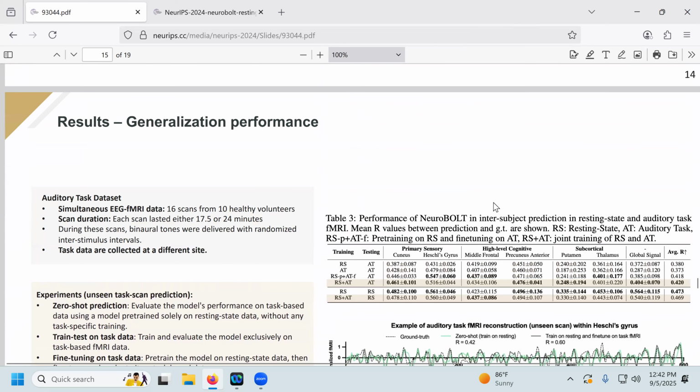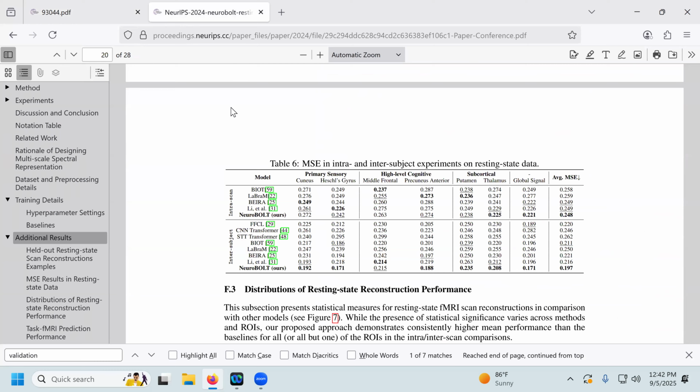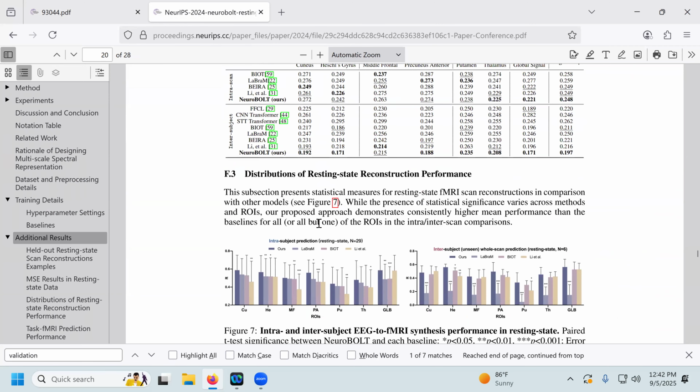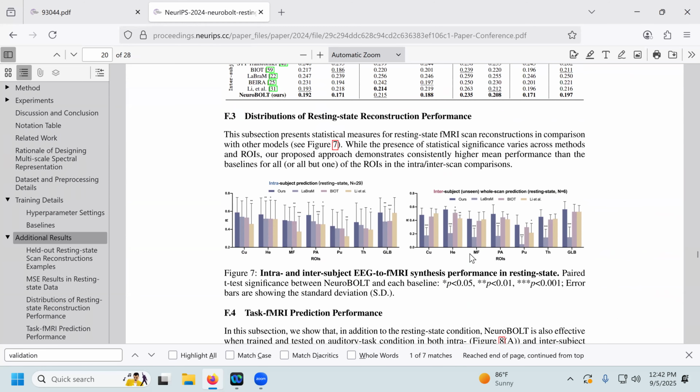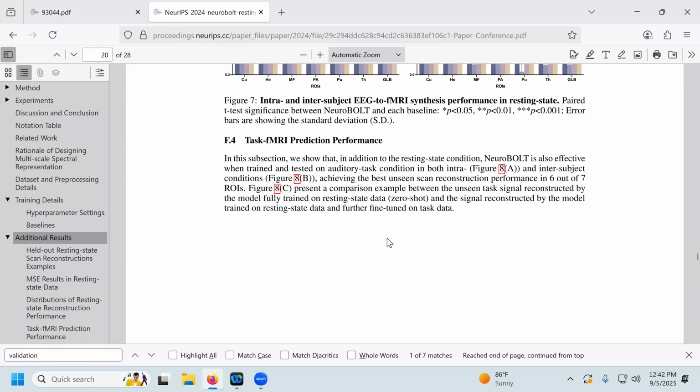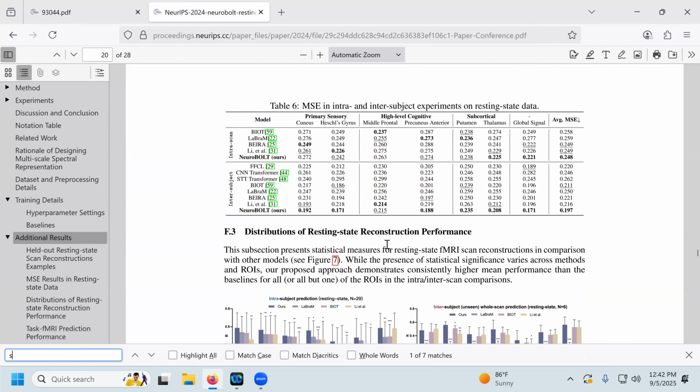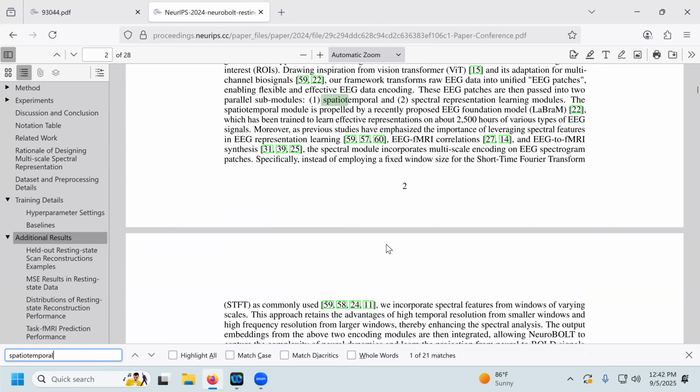Does anyone else have any thoughts or questions about this approach? I've just been talking for a long time with Sergey chiming in here. I think, if we had the time, I might click over to this other foundation model paper and see if we can figure out what this spatiotemporal embedding is, because I'm a little bit at a loss. Let me talk about it somewhere else.